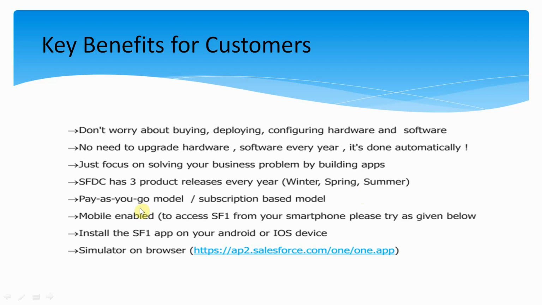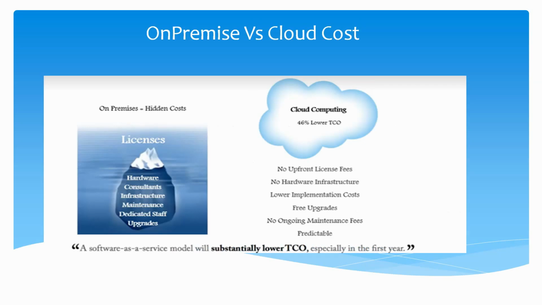Now, this is basically a subscription-based model. You pay once and you use it on a per-user basis. Also, all your development and configurations are available out of the box on the cell phone, whether it's Android or iOS, it's automatically ported. No need for any special development. All right, so basically you have to use something called an SF1 app, the Salesforce One app. You can find it on the Android store or in the iPhone store. You just download that and you start using the Salesforce application, which is already available on your net.